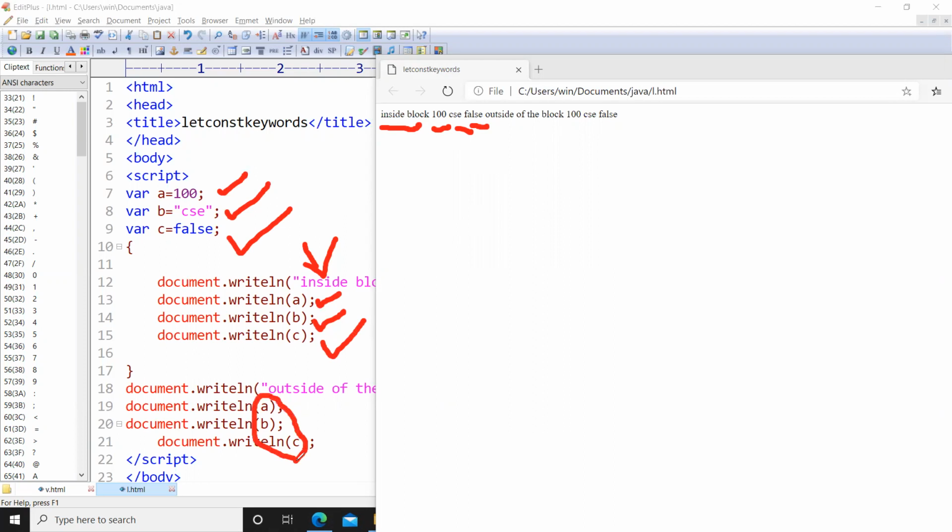We get 100, CSC, and false, which means when we define a variable with the var keyword, that variable can store numbers, strings, and Boolean values.